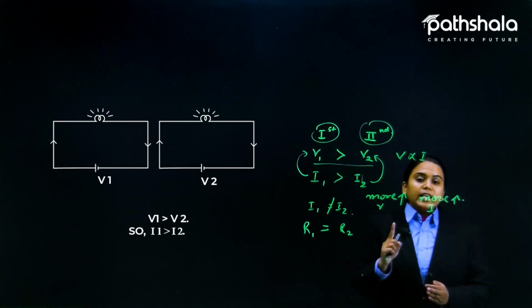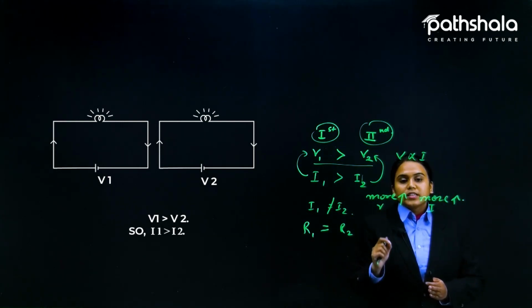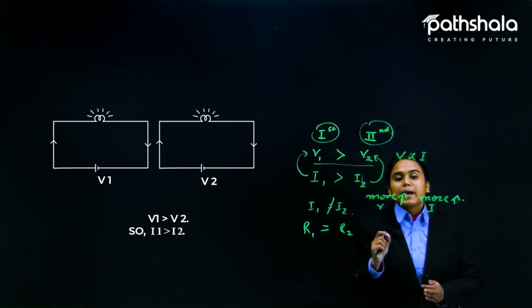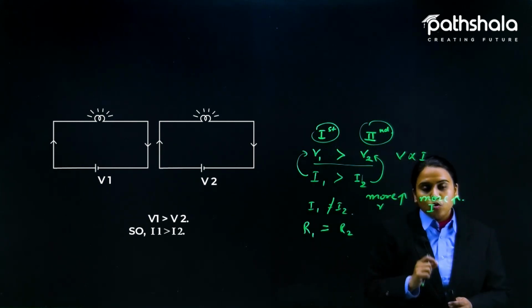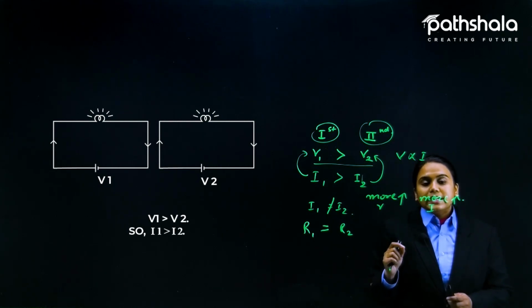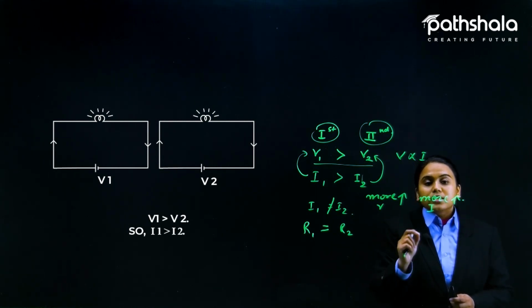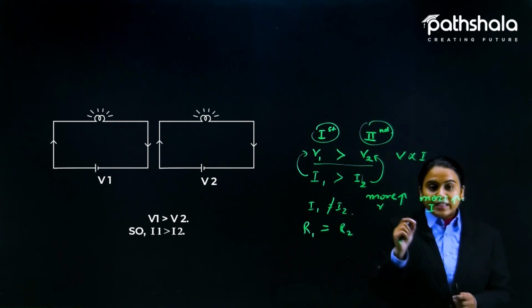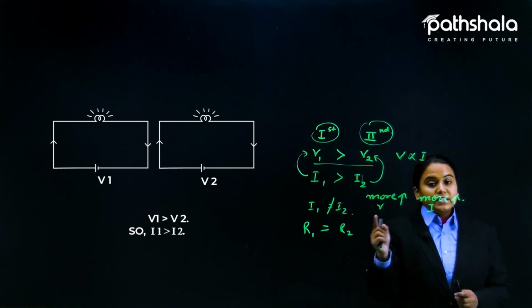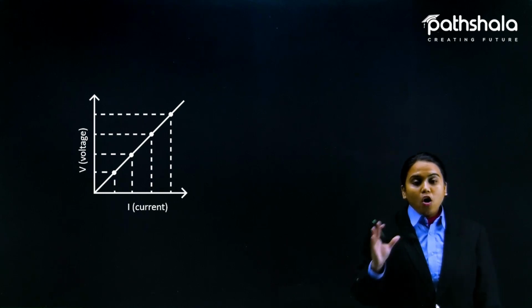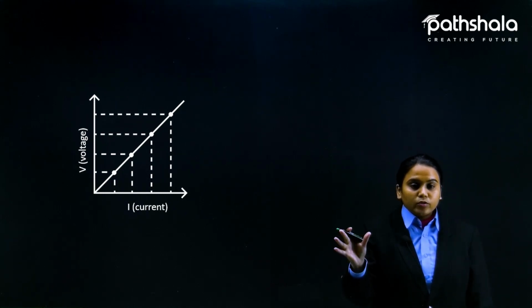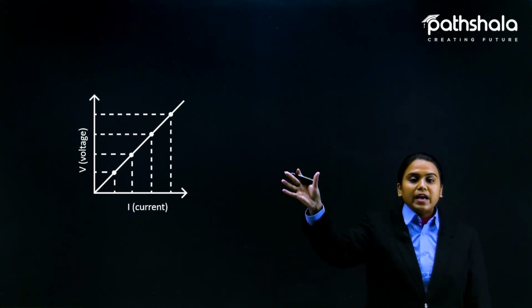But one more thing you need to keep constant here, that is your temperature. According to Sir George Simon Ohm, we have first stated that at constant temperature, the current flowing is directly proportional to the voltage applied across the resistance. So the graphical representation of this theorem, that V equals IR, would be given like this.